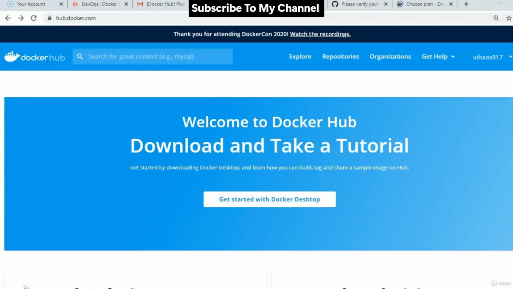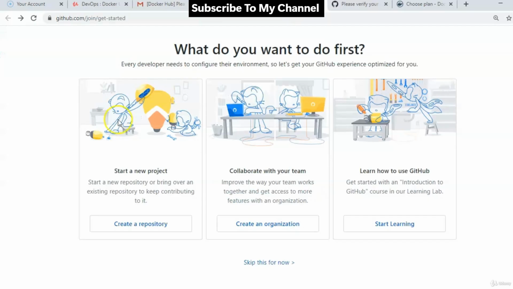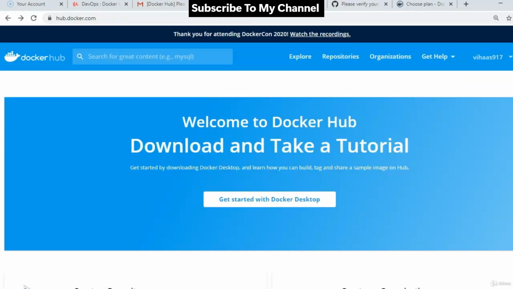Hello, welcome back. Now once we click the verification email ID for Docker Hub, it redirects to this page, and for GitHub it redirects to this page. The next step is we need to create a repository in both. In Docker Hub we need to create a repository, as well as in GitHub. Now click repositories in Docker Hub